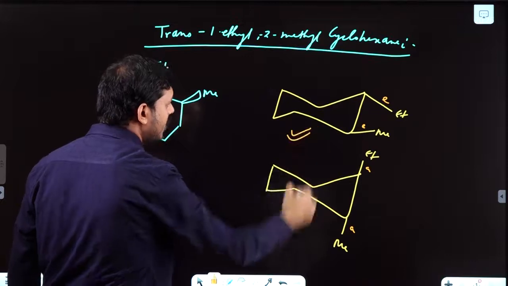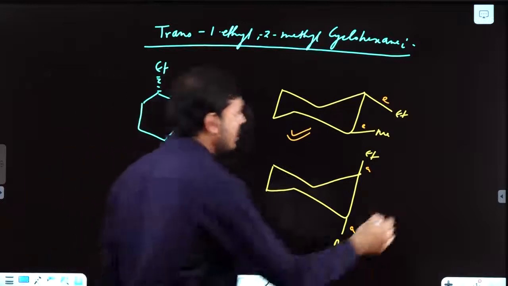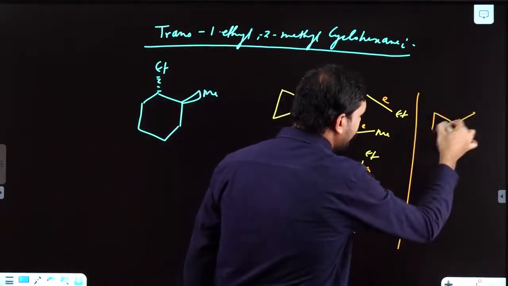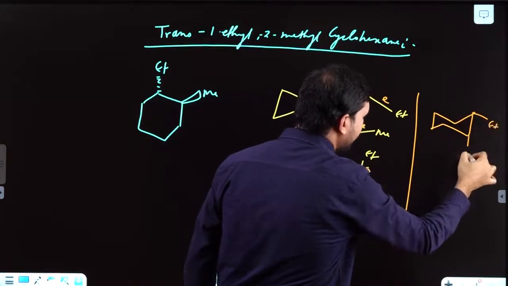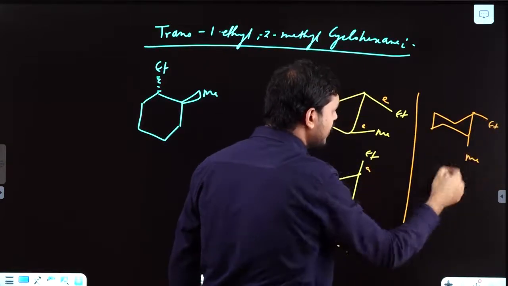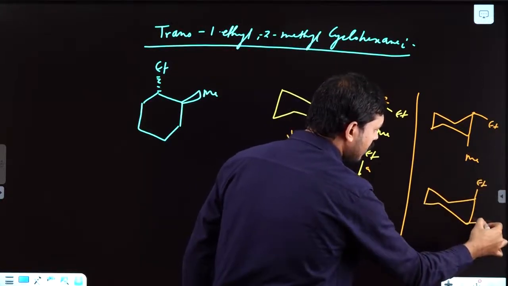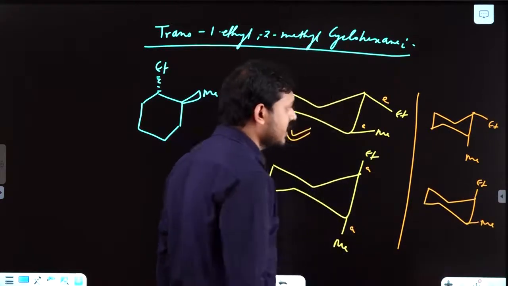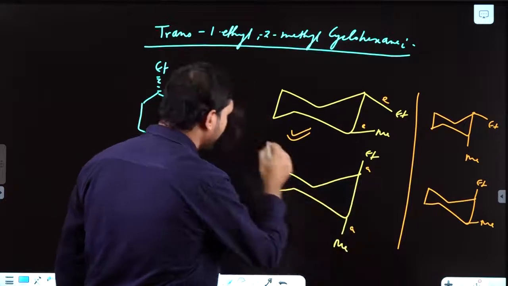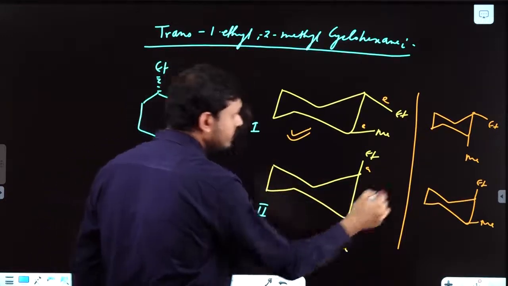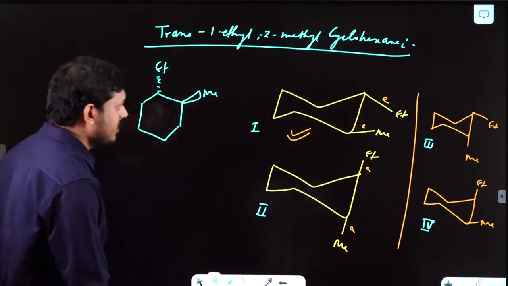This is more stable. Okay, now if I will say what about the other two forms, that will be cis form. You can just understand here, down and down, so both are down, so this is your cis form. Up, up, so this is also cis form. The other two structures, so if I'll just make it numbered 1, 2, 3 and 4. Again I am checking all the 4 possibilities.